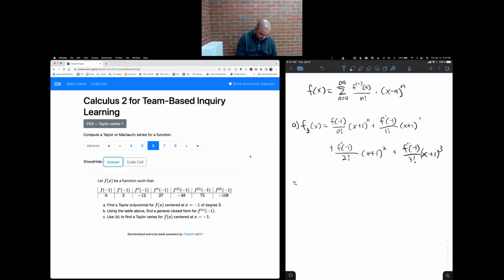All right, and then when we work this out, well, the first term is 0 over 1 times 1, so overall just 0, plus 3 over 1 times x plus 1, plus, well, the second derivative at -1 is -12 over 2 factorial, which is 2, times x plus 1 squared, and finally the third derivative was 27 over 6